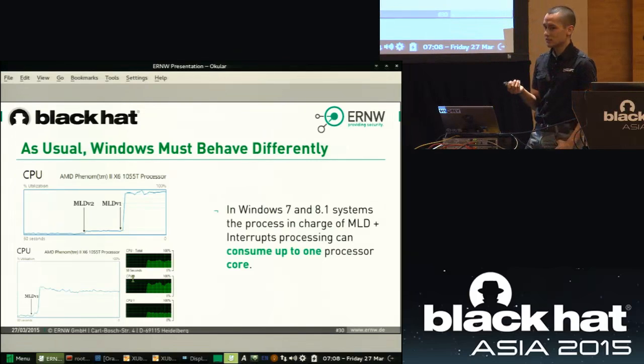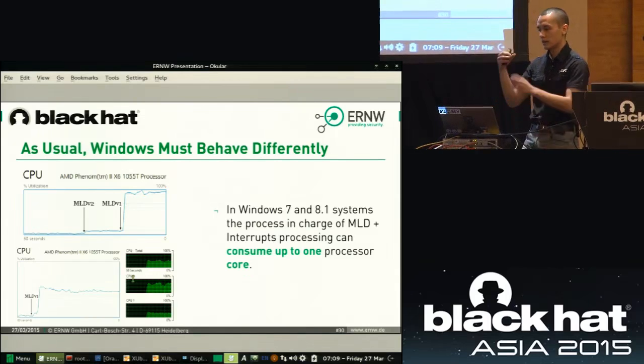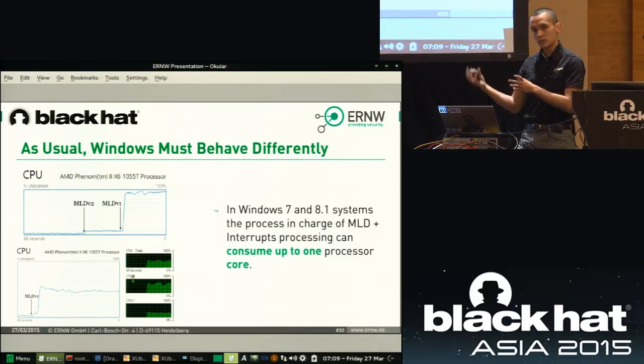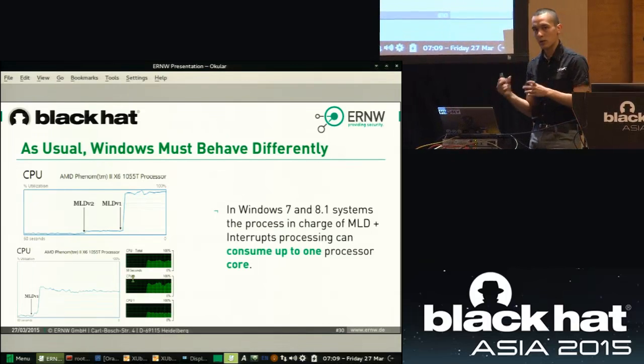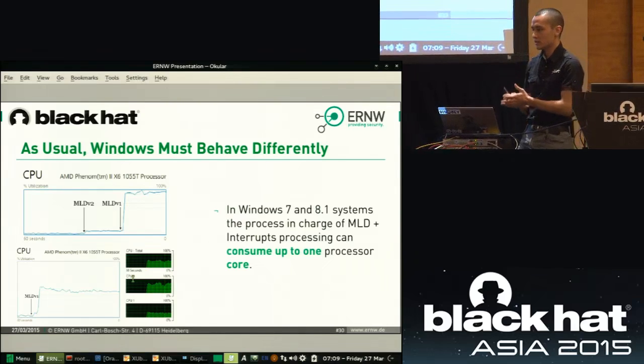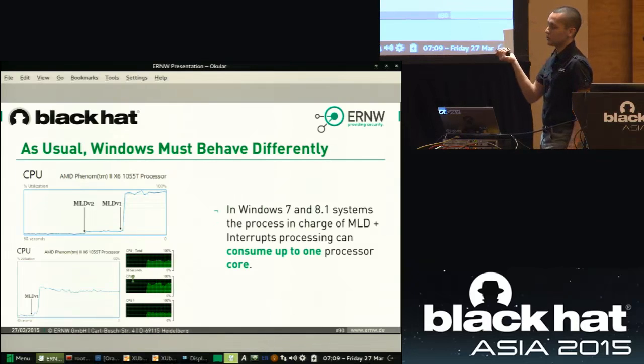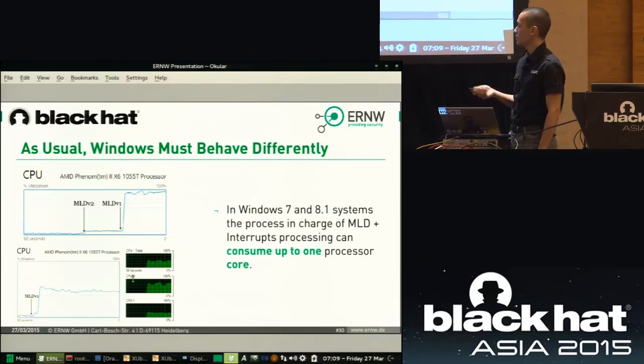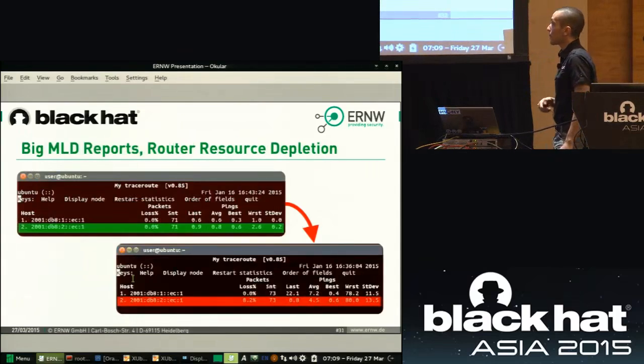We guess it's the interrupts, every time a packet comes and the network card is not able to process all the packets going to a different multicast address. So the network card tells the CPU, hey, I can't handle this, please, kernel, process this packet in software. And that's where you get this behavior, like one core getting overloaded and so on. It's a bit weird and uncomfortable, especially in virtualized environments, but it's not that big a deal.